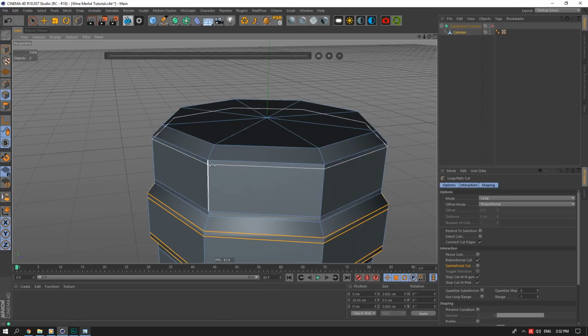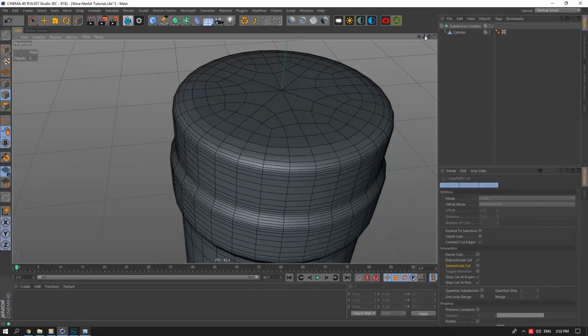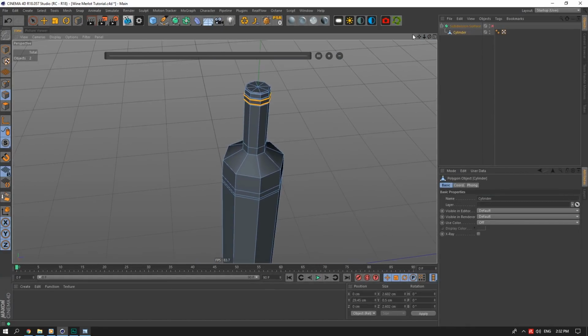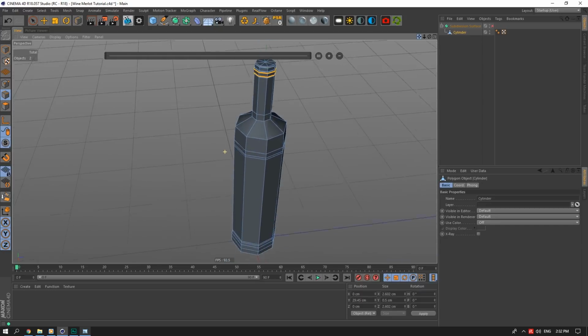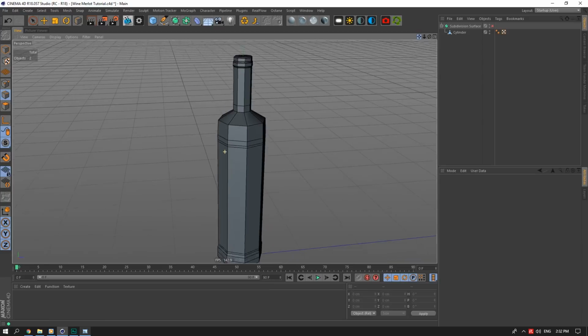So here I'm just going to add in a line to support this bevel, and then I won't do the inside part because we're going to cut this thing. We're going to cut the inside part and bevel it. So I don't even know what I'm saying, but you'll see soon. So